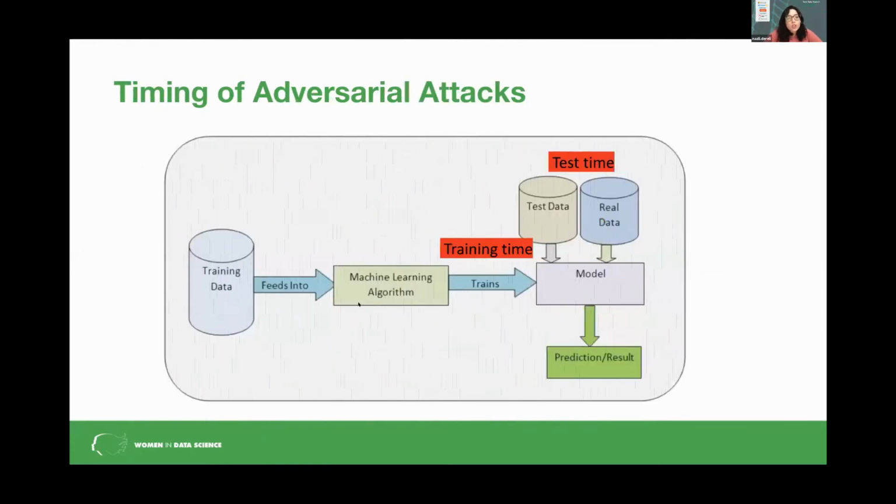Okay, so this figure shows it more clearly. So here we have a basic machine learning pipeline. We have our training data on the far left, which feeds into a machine learning algorithm. And then the model is trained. And using this model with test data coming in, the model makes a prediction and outputs a result. So in terms of timing of adversarial attacks, the attack can either happen here during the test time, which means